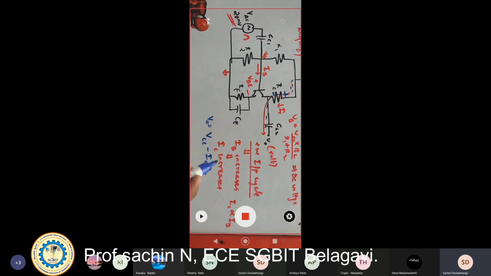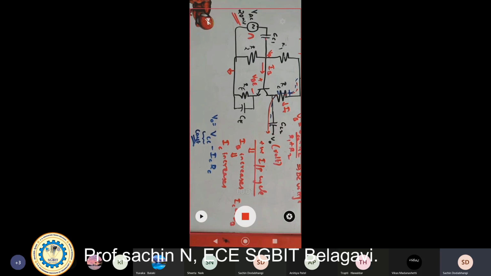Now when IC increases, VCC is constant, so the output voltage goes toward a negative value. Suppose VCC is a constant 10 volt, and IC increases such that ICRC is somewhere around 20. Then we get 10 minus 20, that is minus 10.